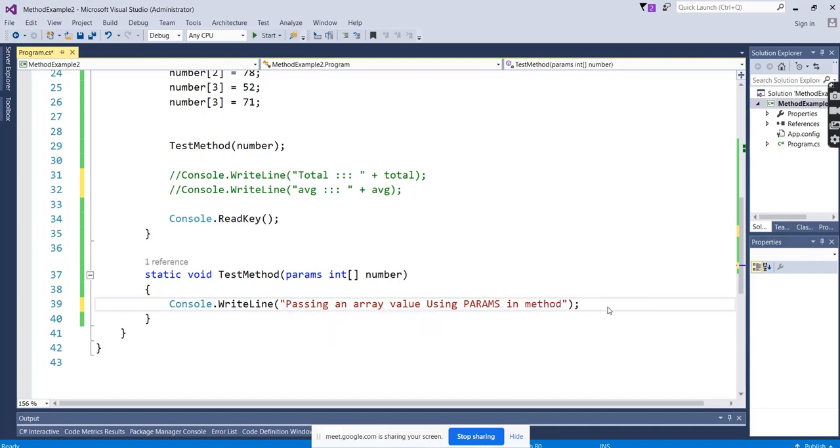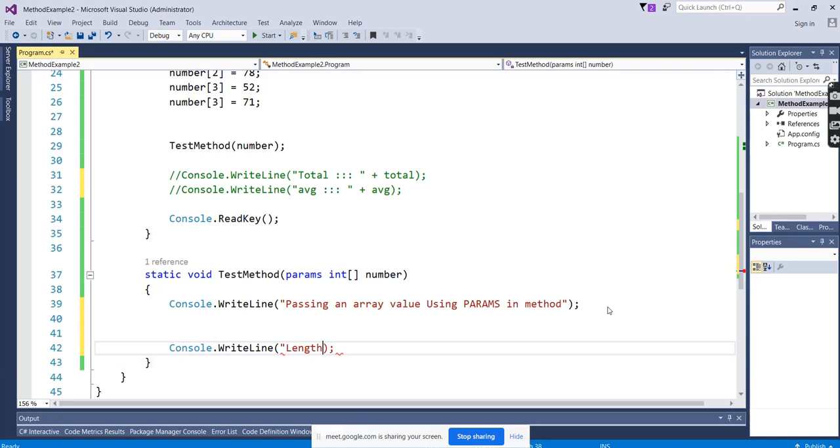Okay, here we can see Console length. When we have an array, we can calculate the length, right? What is the length for that? A number, the array object dot length.